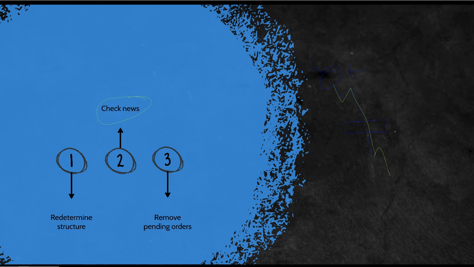And then remove pending orders. So if you have a pending order, and I see this happen a lot, honestly, and let me just get rid of this because it's looking pretty ugly. So if you have a pending order, I'll do another example. Let's say this is price. We see a gap, opens again, and we're up here. And you had a pending order to sell at this support, right? Let's say that this is a support zone. You get a gap like this occur, it's very unlikely that this order is going to get filled, because obviously